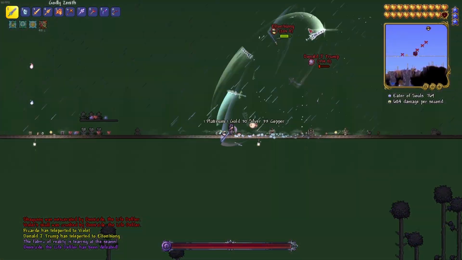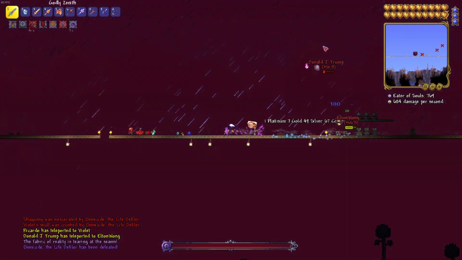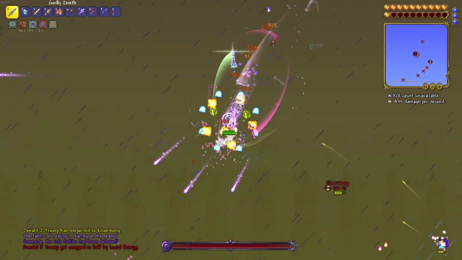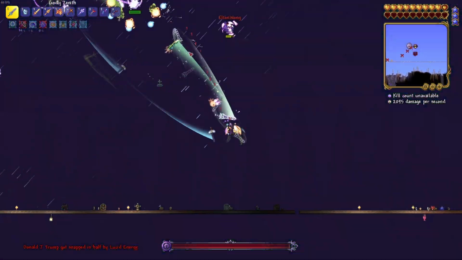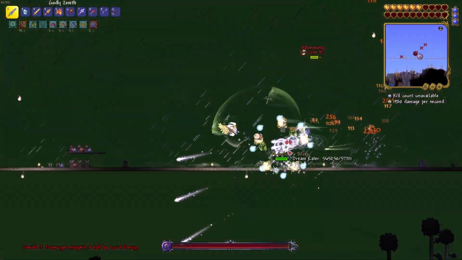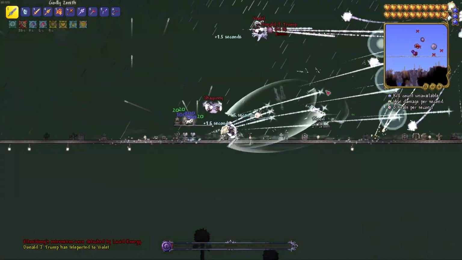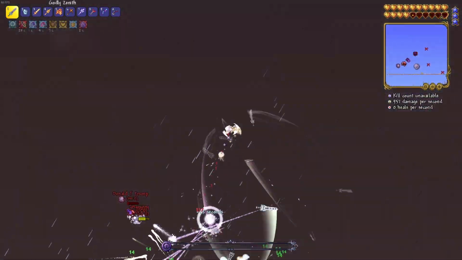But just when it seemed the fight was over, the fabric of reality tore at the seams, revealing the true primordial force of this world. Lucid Energy. Instantly, Titan was disintegrated. Armed with the powers of all 3 of its avatars, this is like if Empress of Light took speed. But finally, we got it to a low enough HP and...